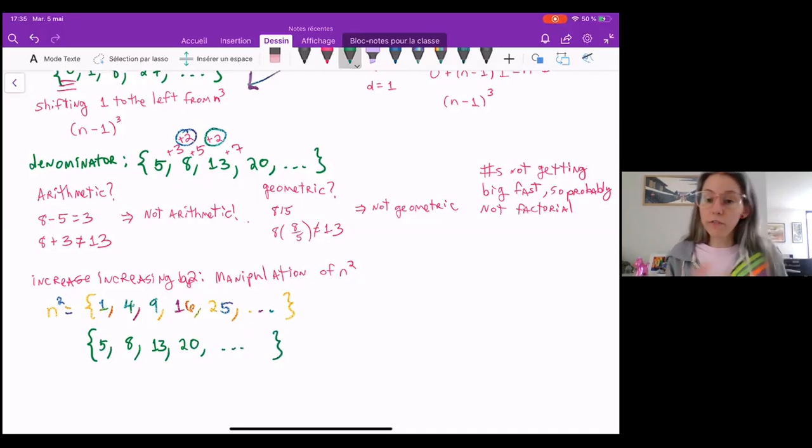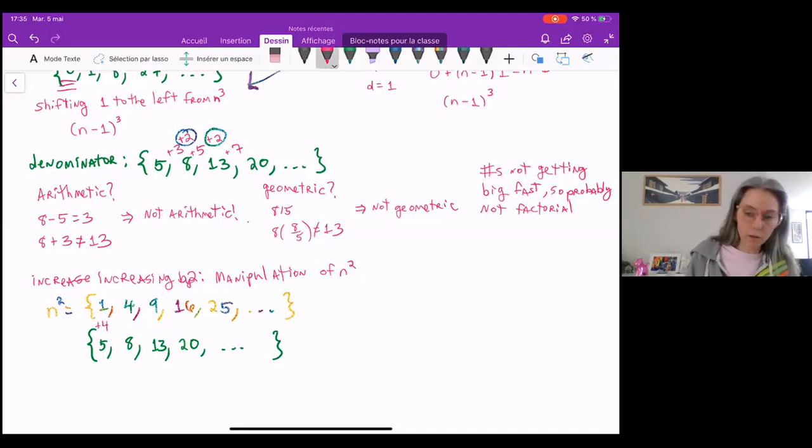Am I going to need to shift this, or is there some common way to get from one term to the next? Well, it turns out I'm adding 4 to 1 to get 5, and 4 to 4 to get 8. Is 9 plus 4 13? Yes, it is. Is 16 plus 4 20? Yes, it is. So each time I'm just adding 4 to get from n squared to the sequence in question,